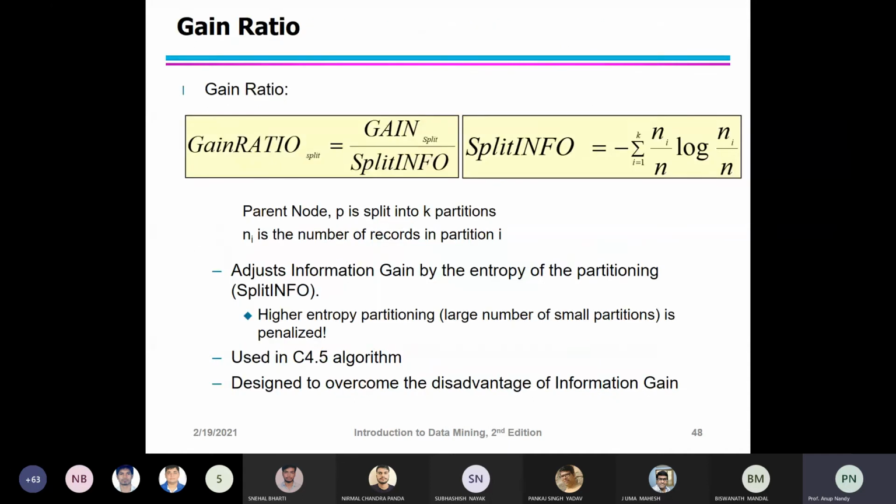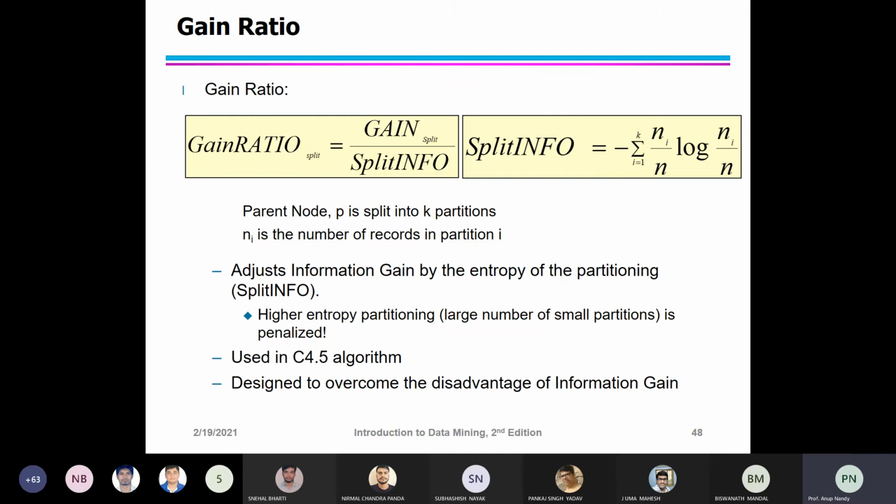Next is called the gain ratio. How do you find the gain ratio? Impurity measures such as entropy and Gini index tend to favor attributes with a large number of values. There are two strategies we can use. The first strategy is to restrict the test condition to binary splits only, which is employed by decision tree algorithms such as CART.